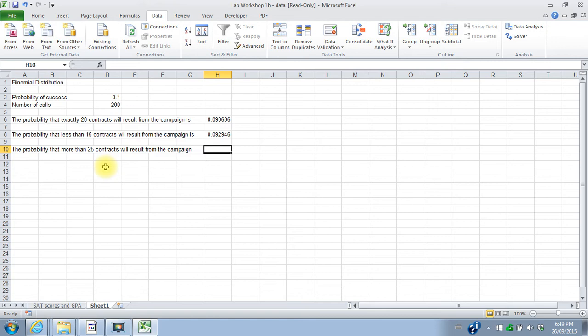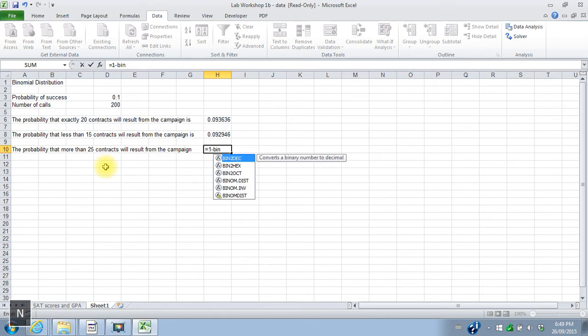So more than 25 contracts. Do I include 25? No, I don't. More than 25 is 26 and up. But because it's 26 and up, I'm actually going to have to take 1 minus 25 and down. It's easier to draw a little diagram to show yourself this. So this is equal to 1 minus the binomial distribution